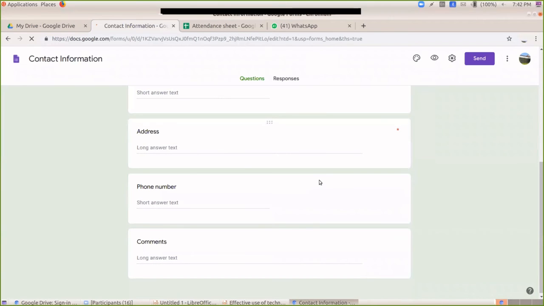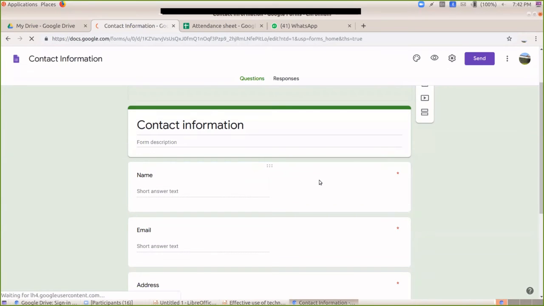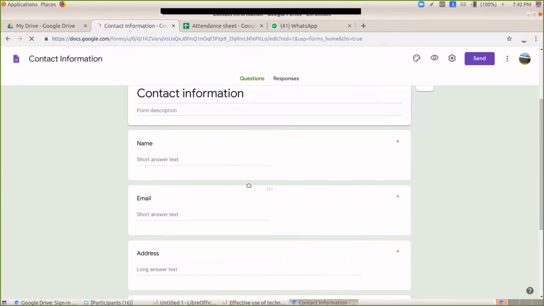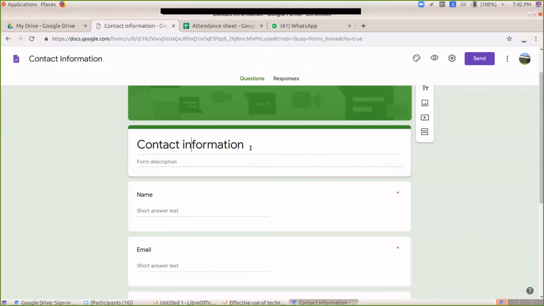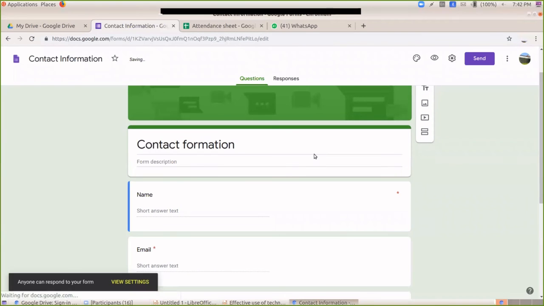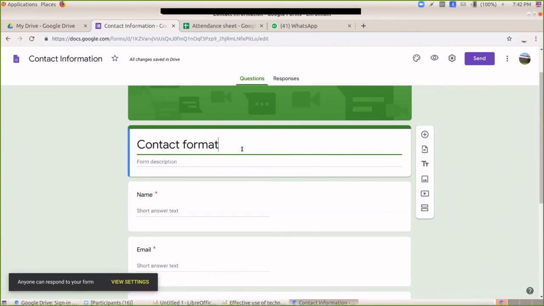See here, you can see there are some fields, form description. Here you can give the name of the form, and let's say, contact us.